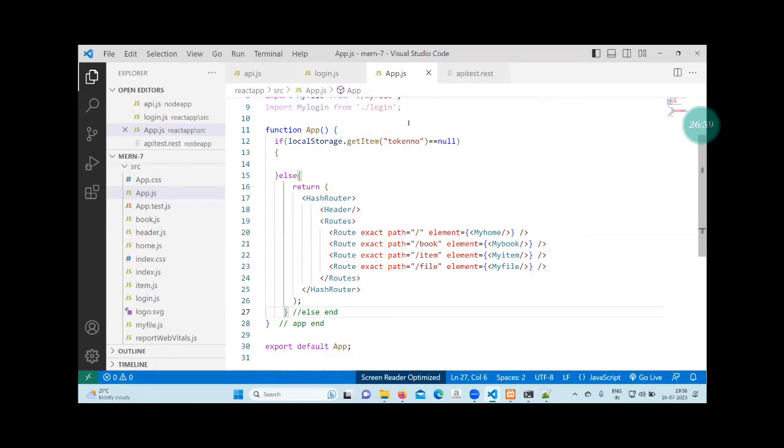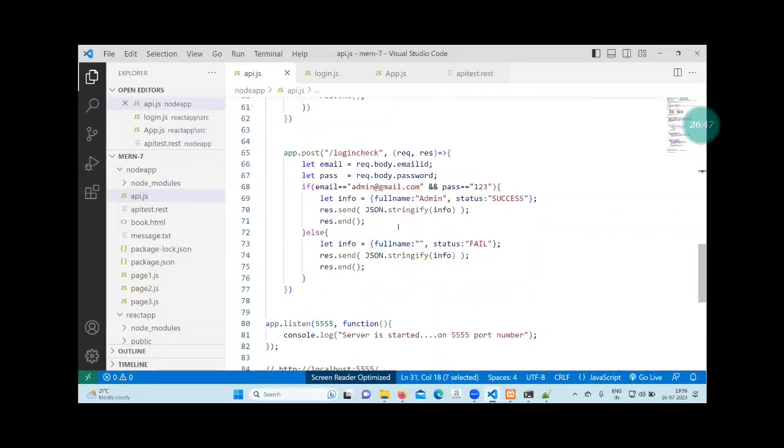Return if else. If user local storage get item token number. So this token number we are going to take from the backend. As of now in the API.js file we are returning only two things. Here you can see we are returning full name and status. So whenever the success will happen, it will generate a number, token number dynamically, and that number will be sent to the client. And whenever any request comes from the client to server, Node.js will check that